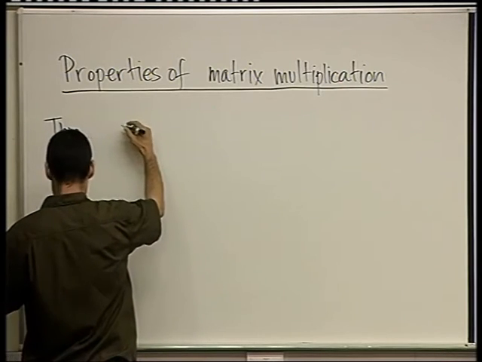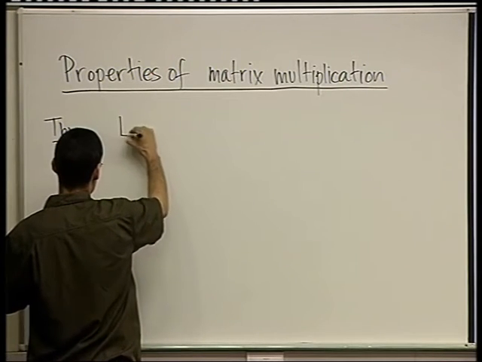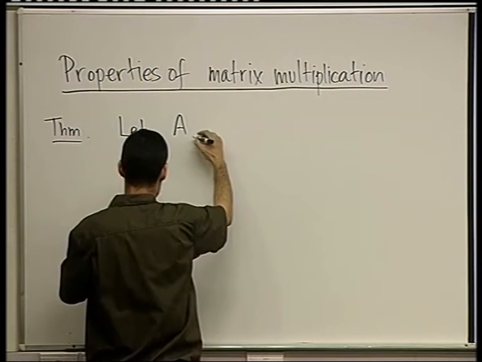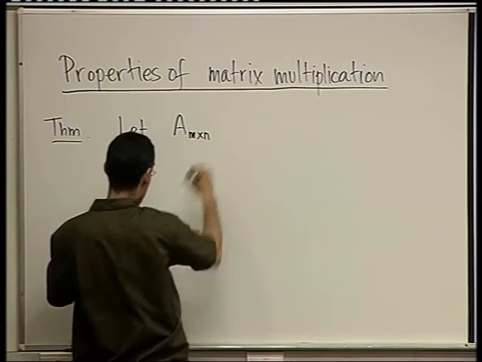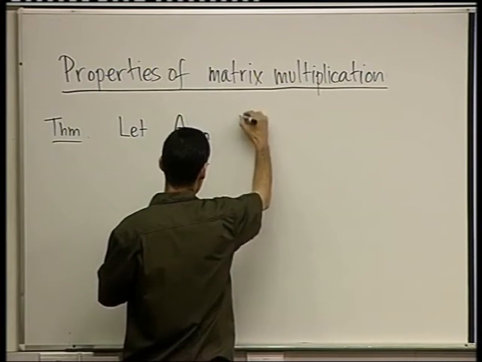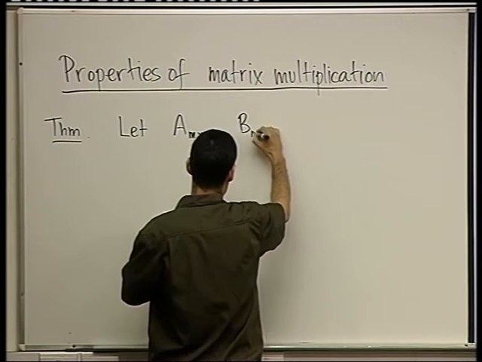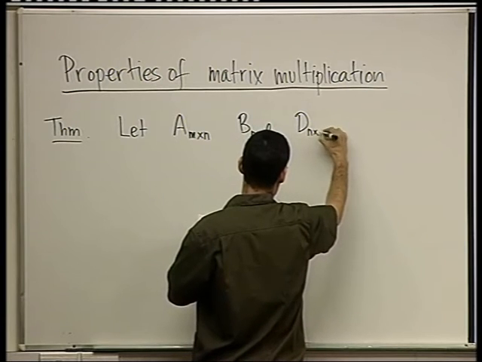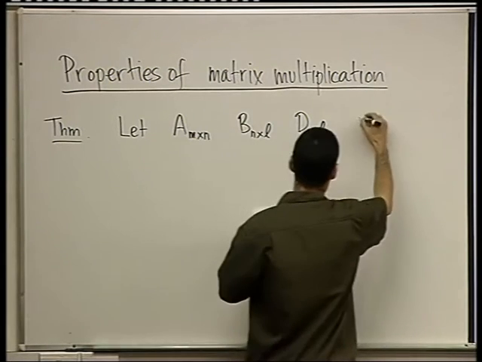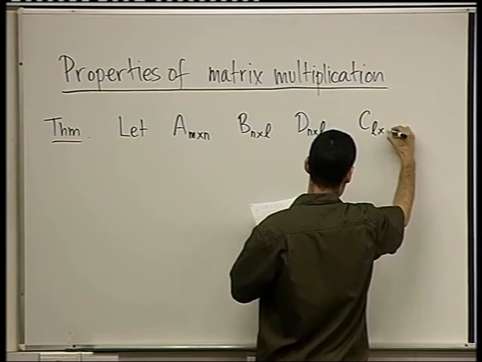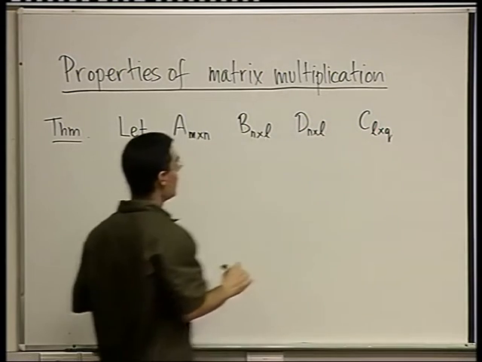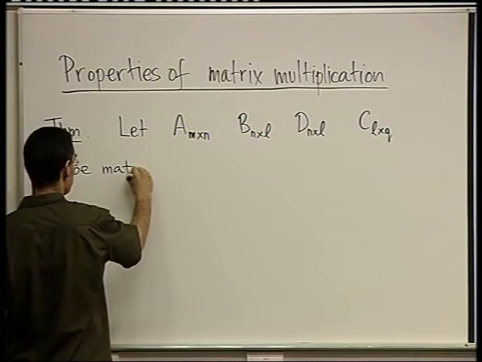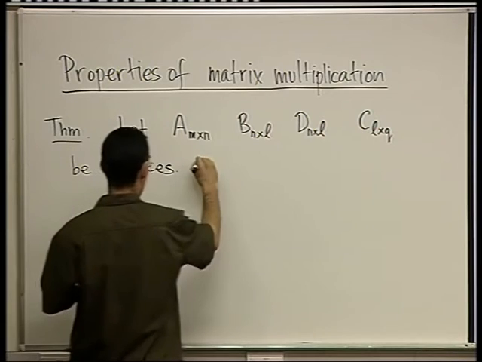So part one, maybe we should start by saying what the sizes are, so everything matches, because with multiplication it's important. So let A be a matrix of size m by n. B is going to be a matrix of size n by L. So is D. D is also going to be n by L, like B. And C is going to be L by Q, let's call it. Okay, so let all these be matrices. Then,